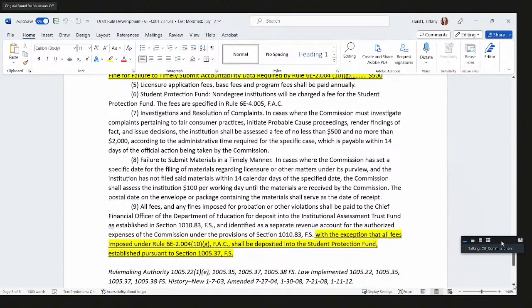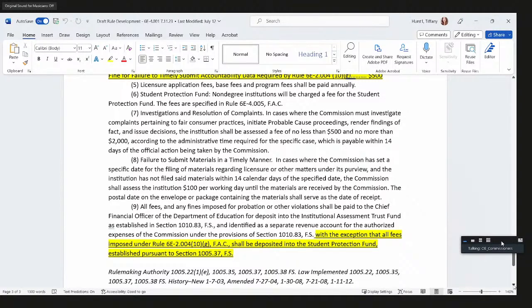And then under Section 9, all fees and fines imposed for probation or other violations shall be paid to the Chief Financial Officer of the Department of Education for deposit into the Institutional Assessment Trust Fund as established in Section 1010.83 Florida Statutes and identified as a separate revenue account for the authorized expenses of the Commission under the provisions of Section 1010.83 Florida Statutes.